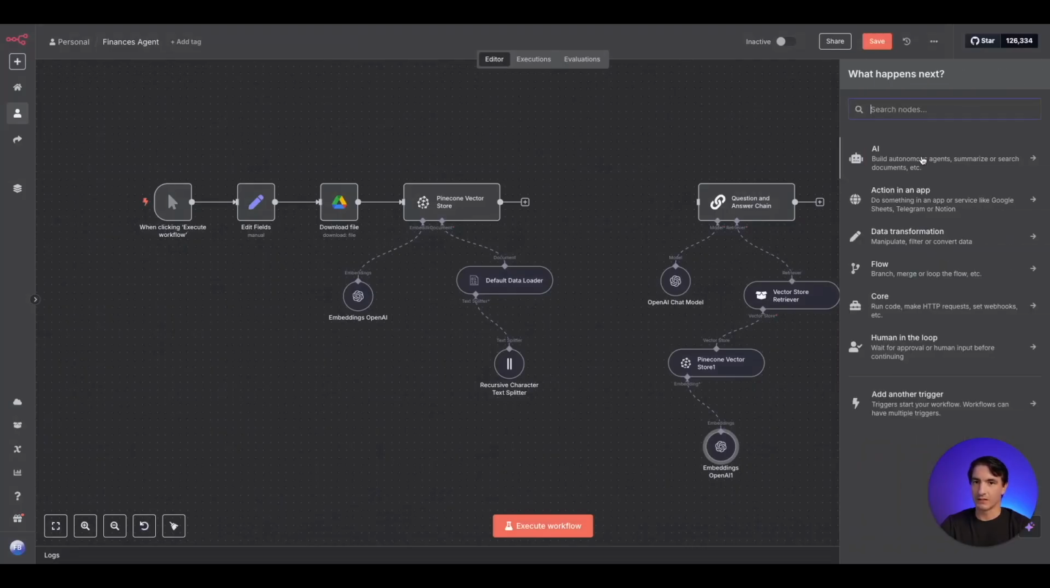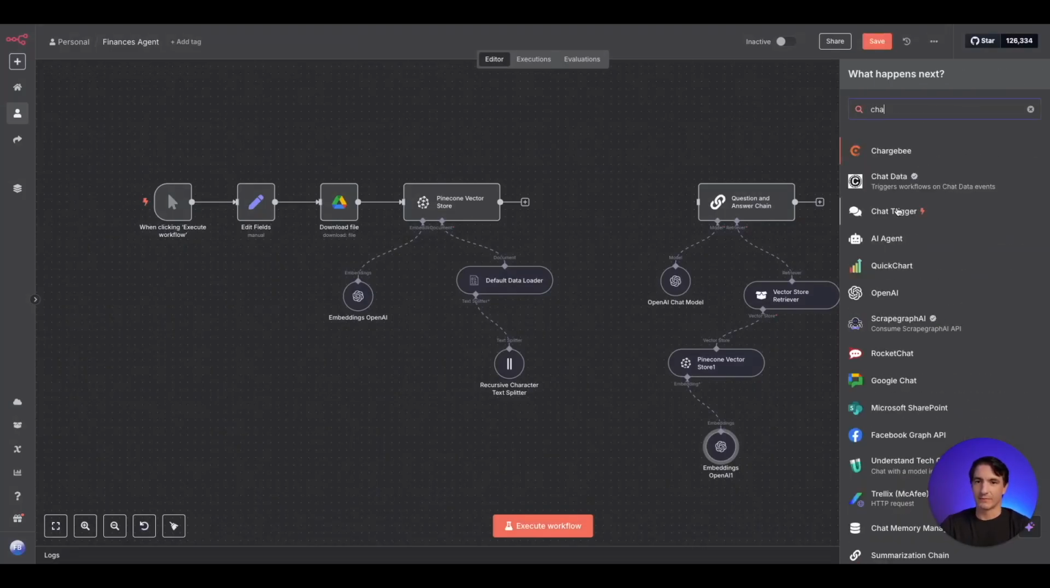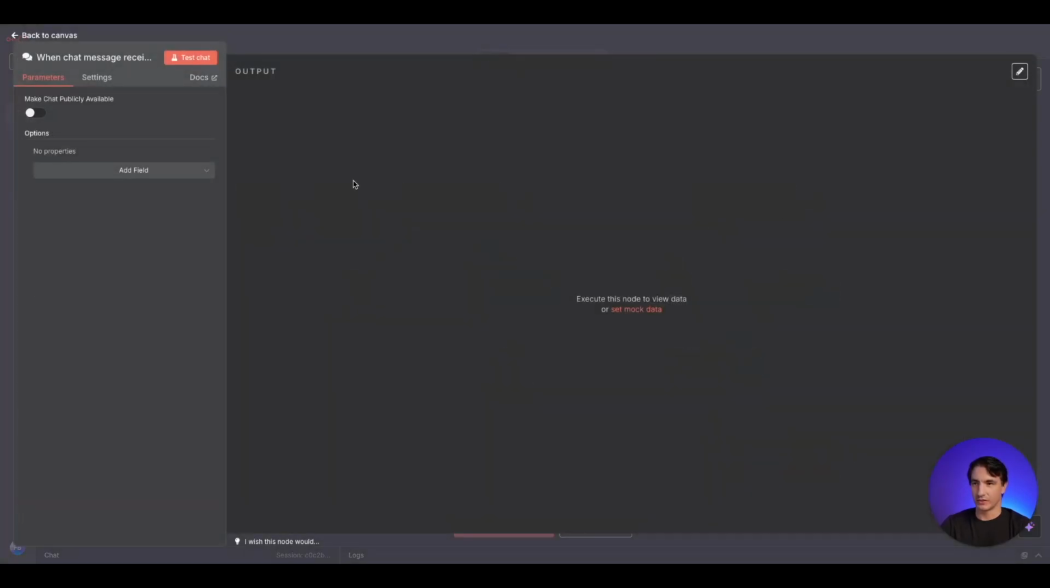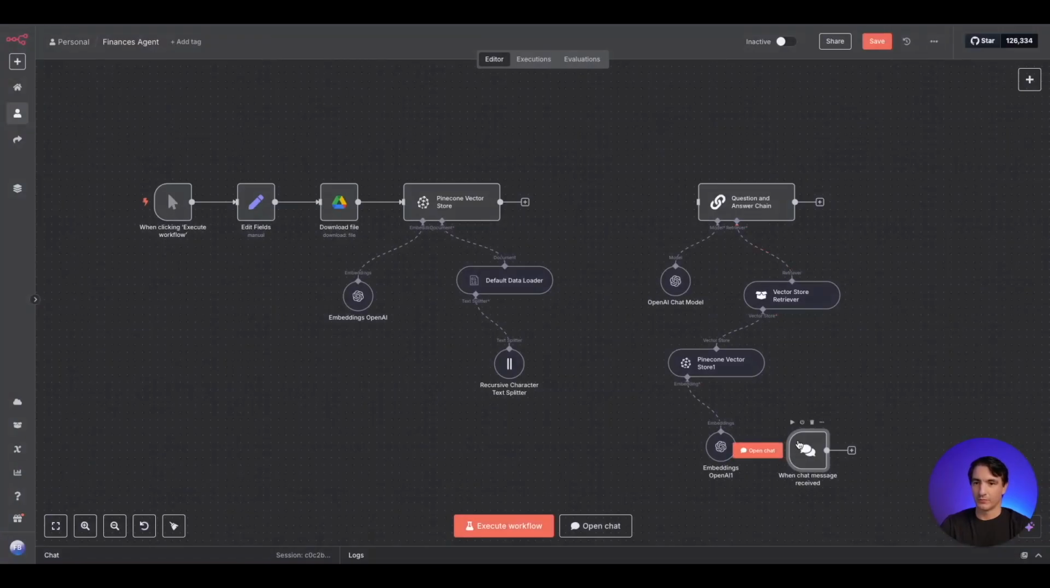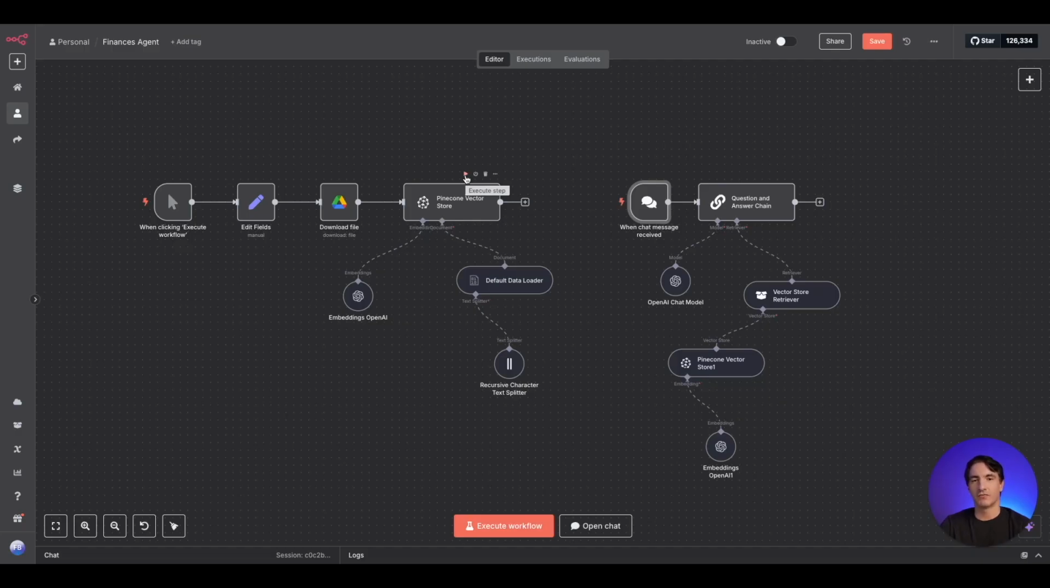And the final item we want to add is a chat trigger. So we can just go ahead, connect this. Now, if we execute this workflow, we just come up here, click the play button, and this will just run through the whole process. It'll download the file from Google Drive, and it will store it to the Pinecone vector database here. So